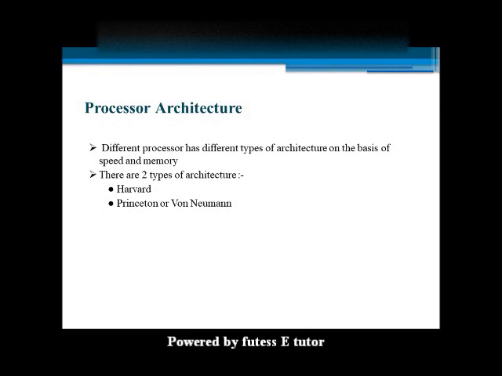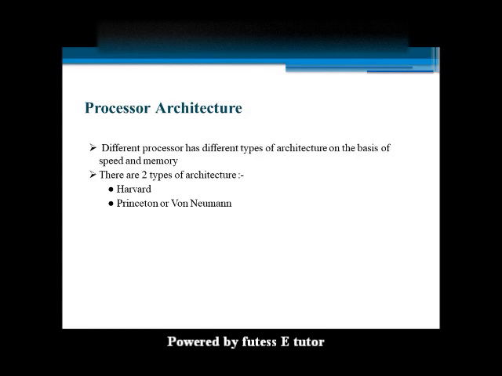Architecture of processor. The architecture of a processor is a description of its basic components and of the basic operation. It depends upon the power and the memory. There are two types of processor architecture: von Neumann architecture and Harvard architecture. Von Neumann architecture was one of the primitive architectures. At the time of its invention, the computer programs were very small and simple and memory cost was very high. Under von Neumann architecture, the program and the data are stored in the same memory and are accessed on the